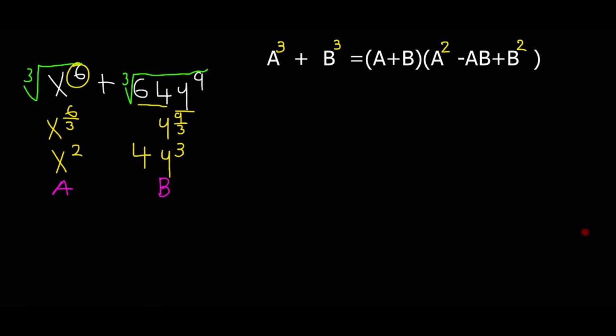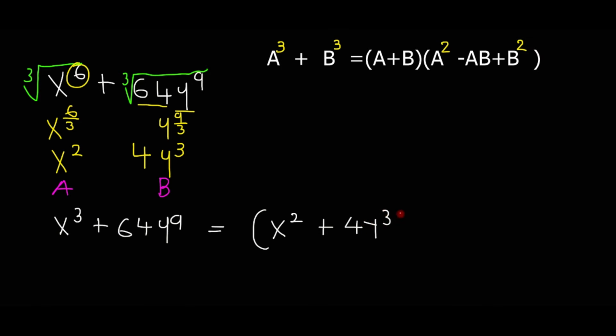So from there we can factorize, so x cube plus 64 y to the power 9 is equal to, our a is x squared, and then our b is 4y cube, and then our a squared is x squared, so this x squared we are going to square because squared is a formula, and then we have minus, and then our a is x squared, and then our b is 4y cube, and then our b is 4y cube,